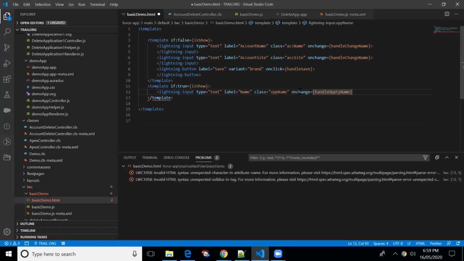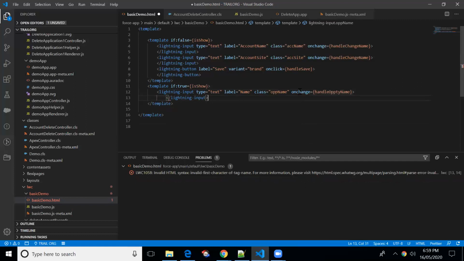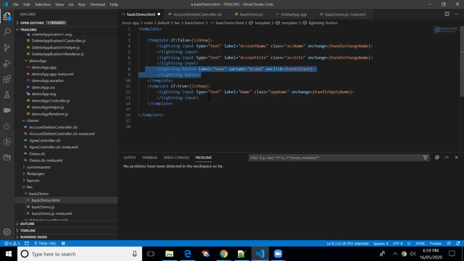I'll be creating a button. Once the user clicks on the button, we'll be creating the opportunity record, and it will be linked to the account, right? I'll be copying this and I'll just change the method, handle save.